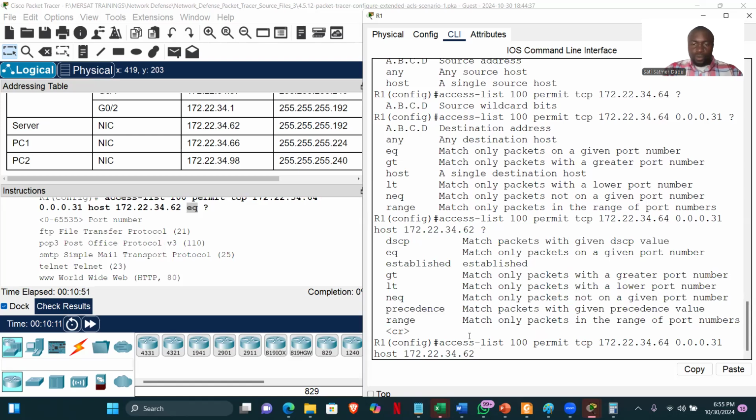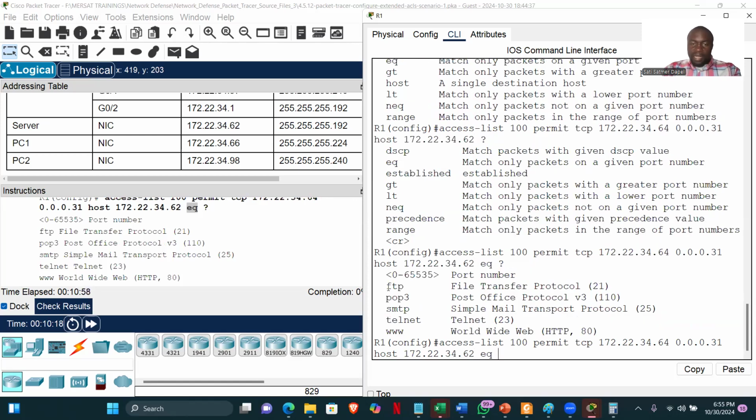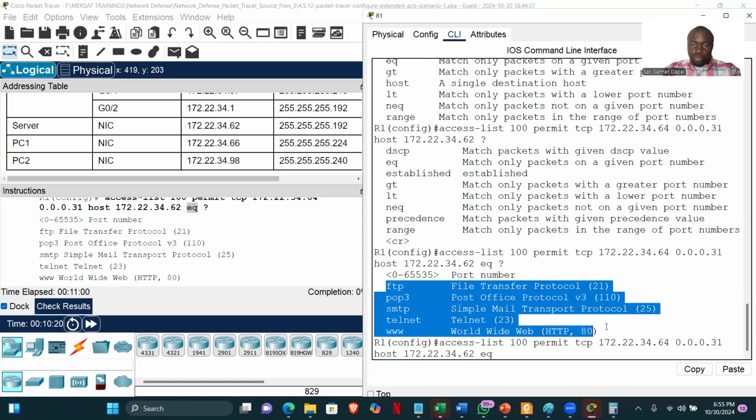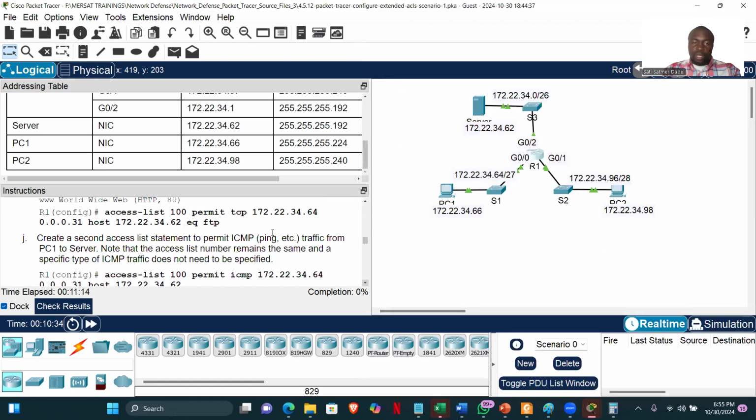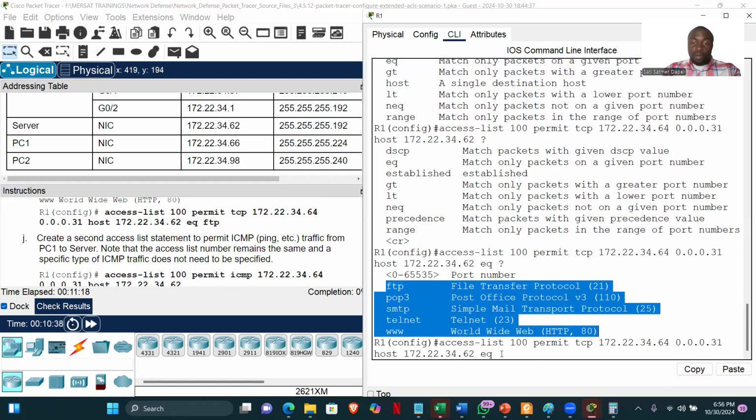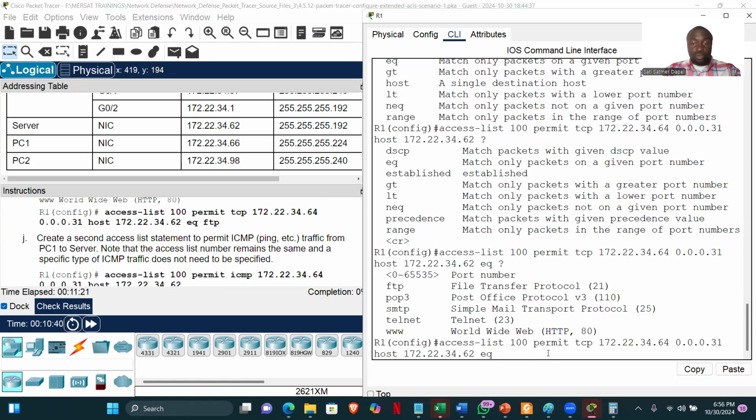All right, so if I put a question mark, then it will give me the options of the protocols, whether FTP or POP3 or SMTP or Telnet or www. So in this particular case, it's supposed to be what? FTP. So FTP, or we can put port 21 if we so wish, but we'll put